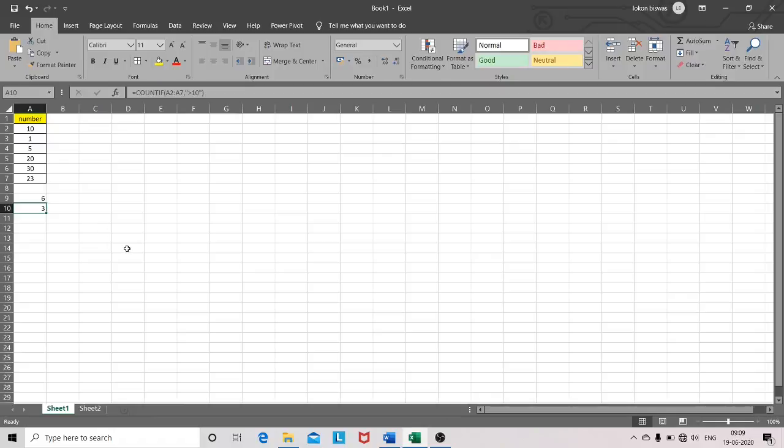Now we will talk about the countifs function. So countifs is to add multiple conditions. So suppose I want to count from here to there, and I want to take only the values which have the color green.